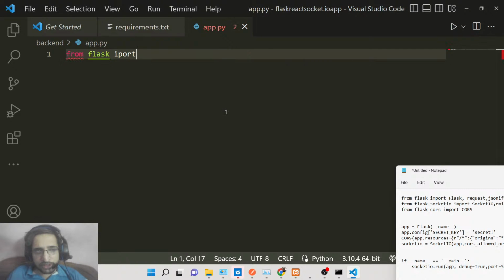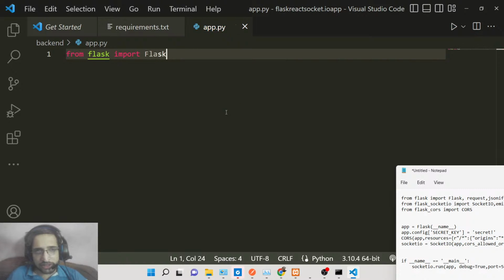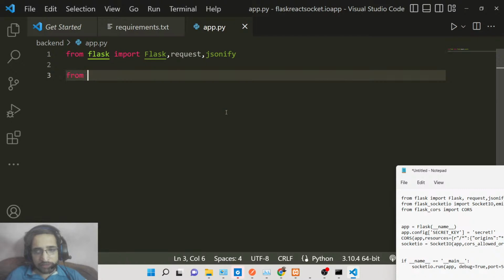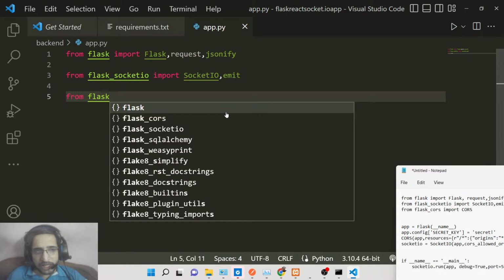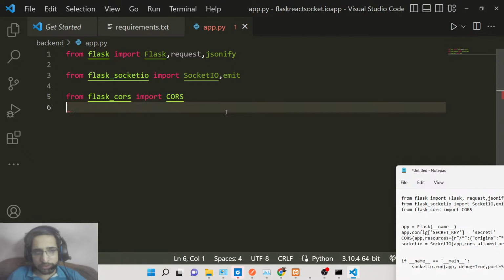We need to import the Flask dependency, the request module, and the jsonify method as well. Then from flask_socketio, we need to import the SocketIO package, and also import the emit method. And then from the Flask CORS package, we need to import the CORS module, which is used to prevent the